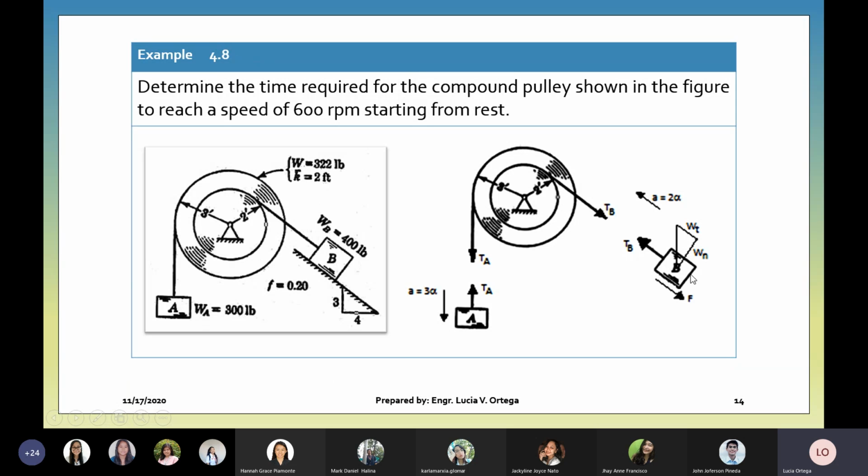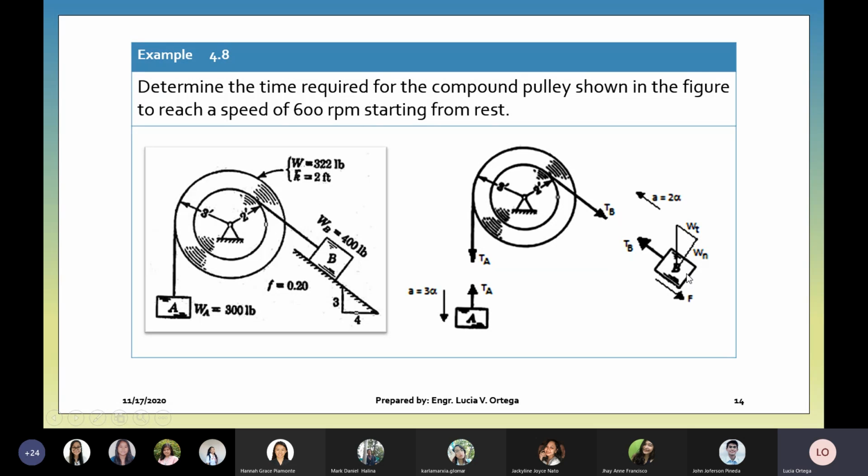Okay, you can make assumptions. Okay, which direction you want. And then if the result is negative, then it should be in the opposite direction. But if you consider this one is heavier, however, there is friction on the surface. So it might be that A will move downward. If A will move downward, acceleration is radius times alpha, so 3 alpha. For this one, the radius is 2, so acceleration is 2 alpha. So we assume A will move downward, then B will move up the inclined surface.